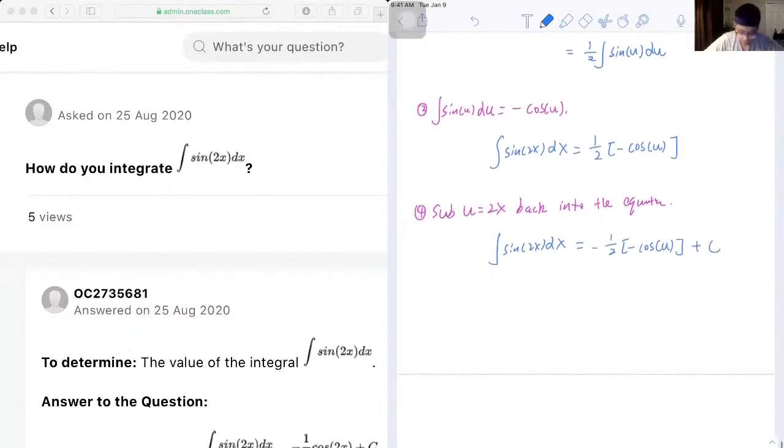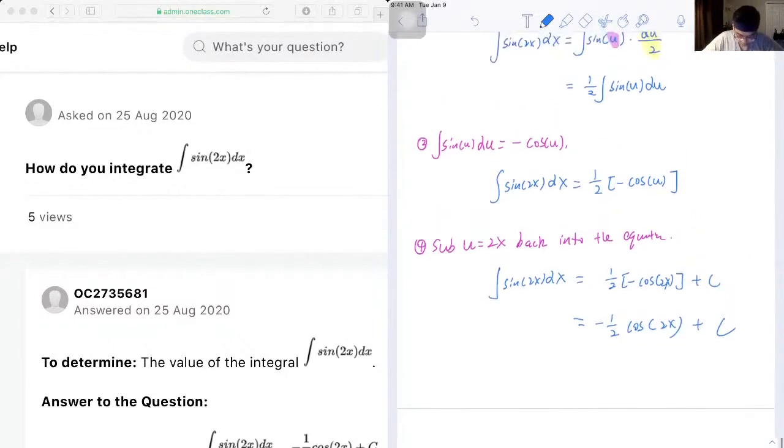And we take the negative sign out, so that's going to be negative 1 over 2 cosine 2x, and then plus c. Yep, so